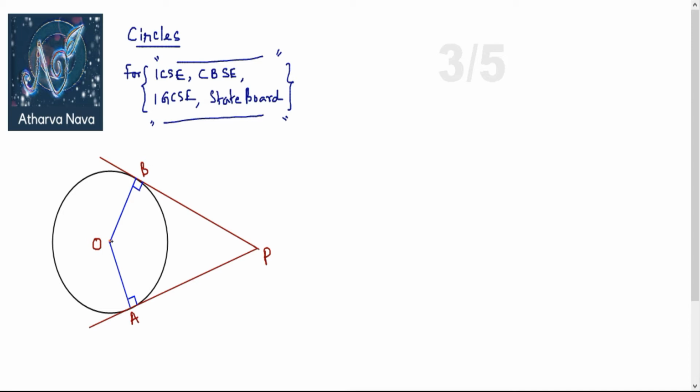Additionally, what we have to draw is a dotted line from O to point P. Okay, let's draw a dotted line from point O to P. Okay, when you join them, now can you see that there are two triangles here? There are two triangles. They are congruent triangles. We can say that. Why?